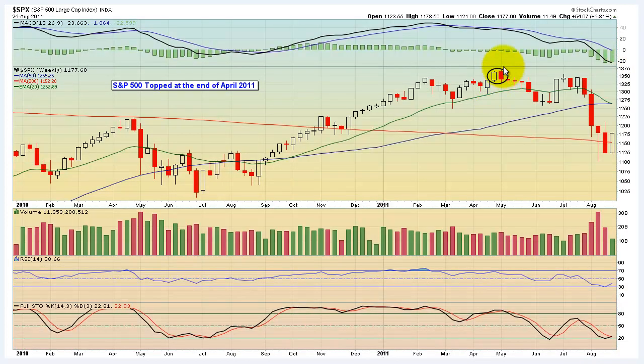Well, here you go. Here was the top, right at the end of April. We made this breakout. It was not being supported by the right groups. And as a result, it failed. We came back down, we made one more push, tried to get back up, never made it through the previous high at the end of April, early May, and then in August took a big hit to the downside. So while you can't always